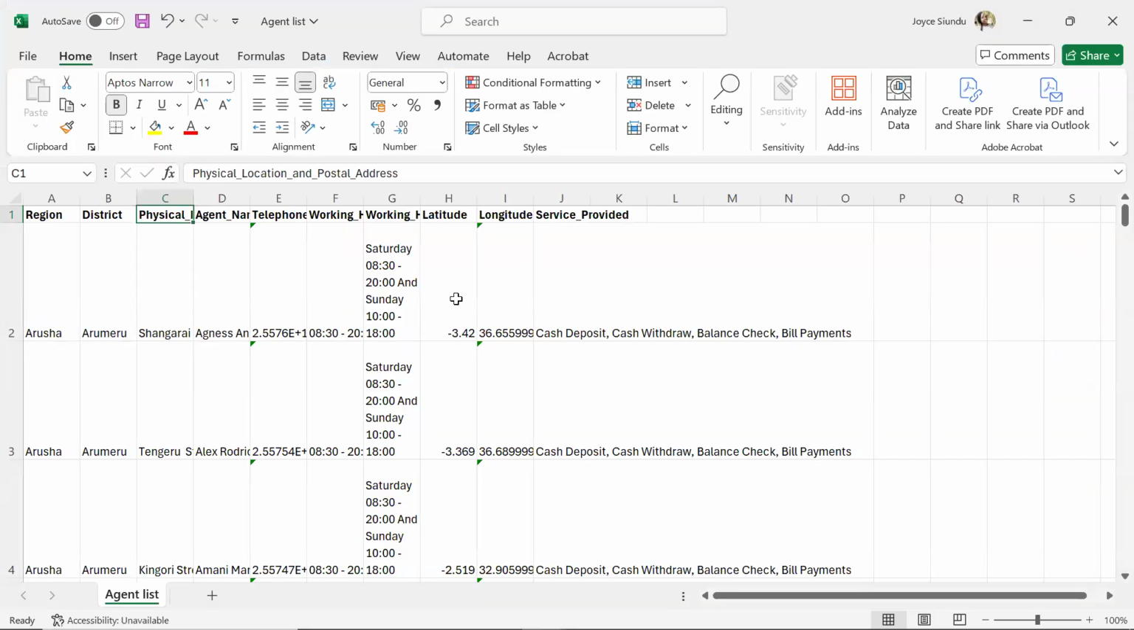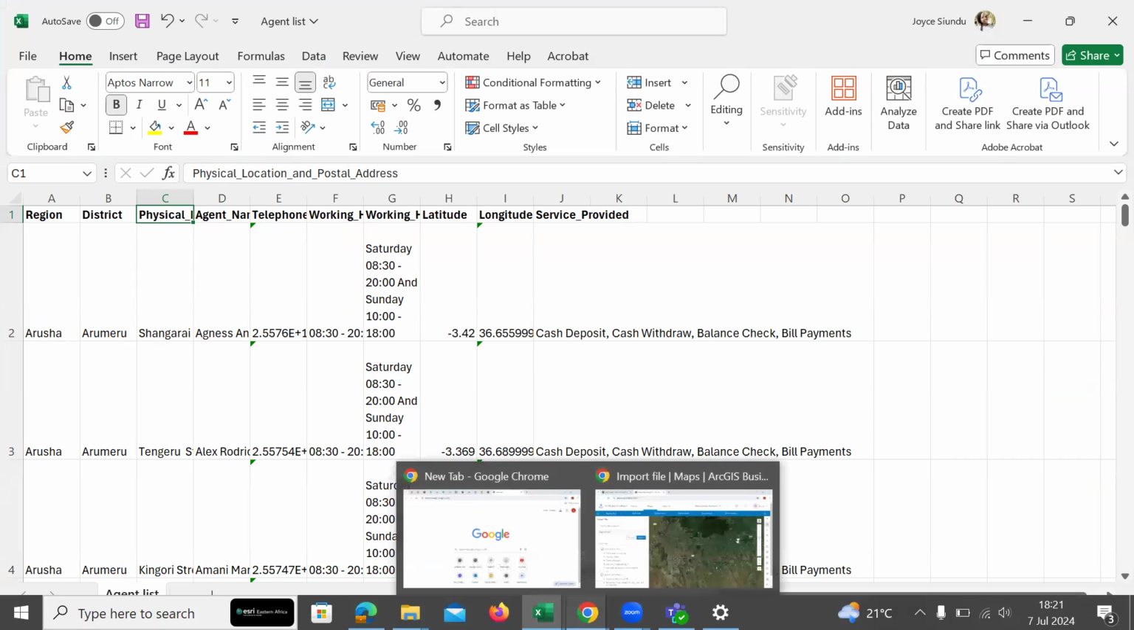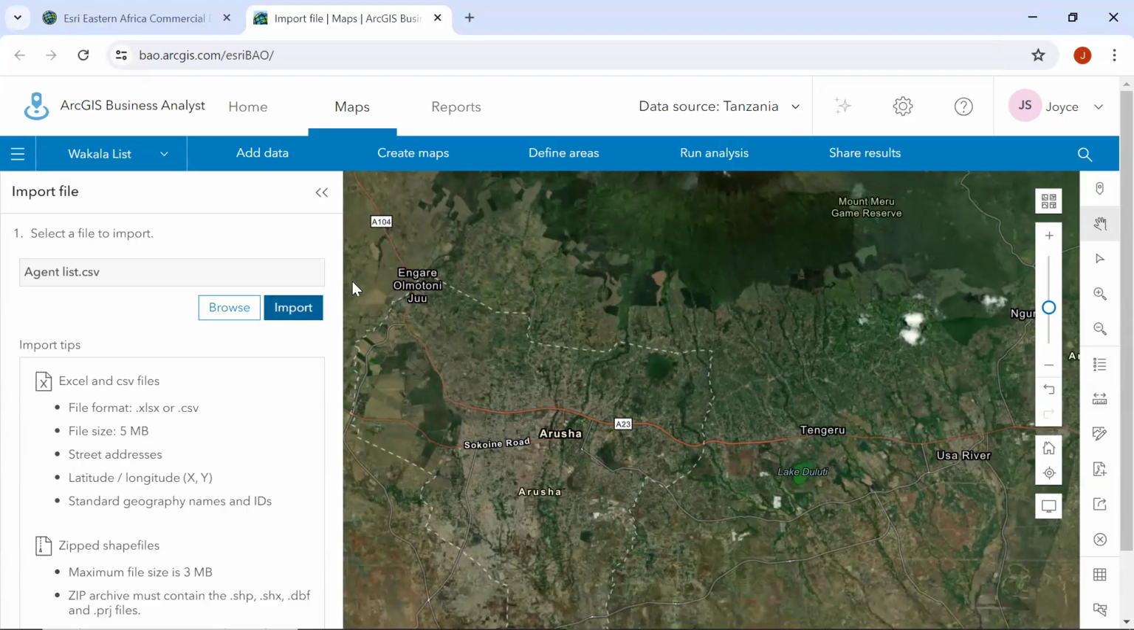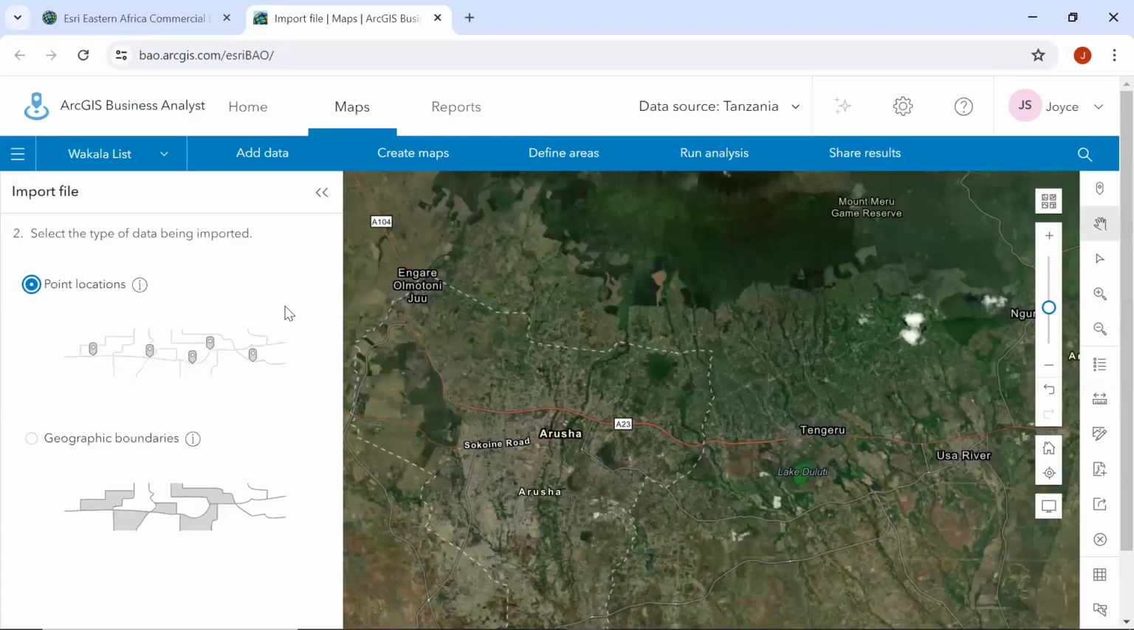So we have several fields or other columns within our data. We have the region, the district, the physical location and postal address. We have the agent's name. We have their telephone number, their working hours, opening and closing times. We have the services provided, as well as the latitude and longitude of these particular outlets that we are working with. So once we have selected our agent list right there, we click Import and we select points and just